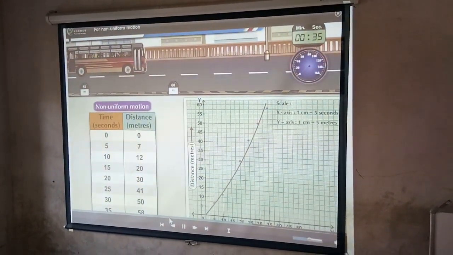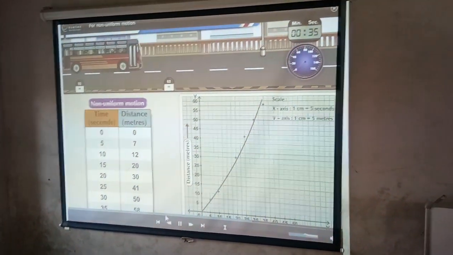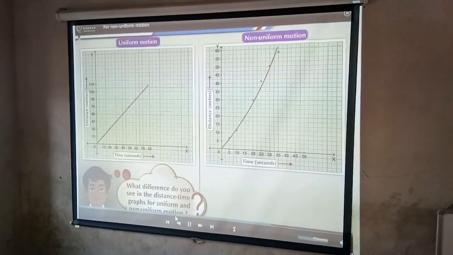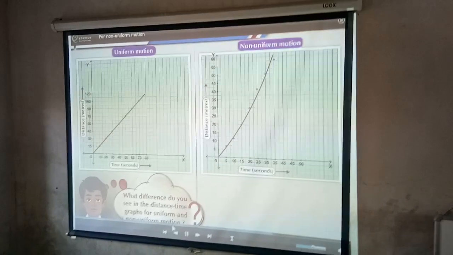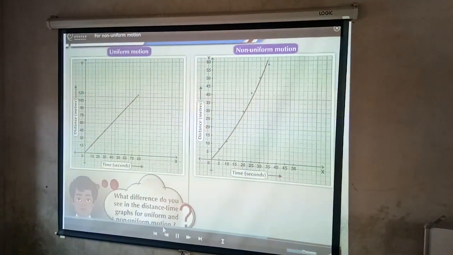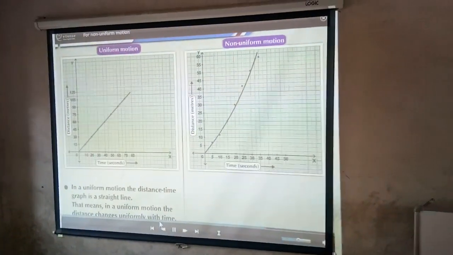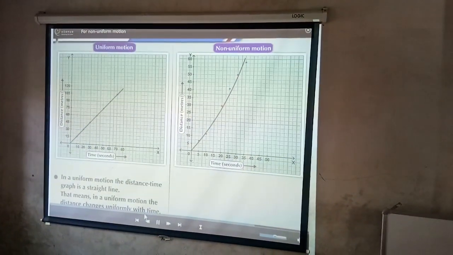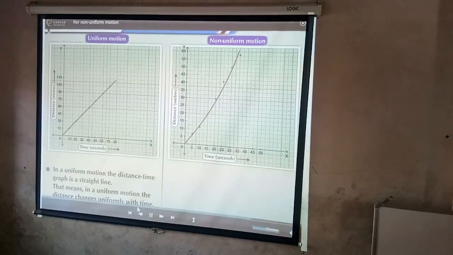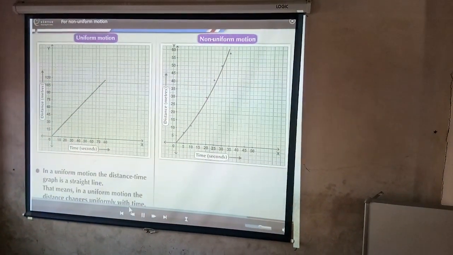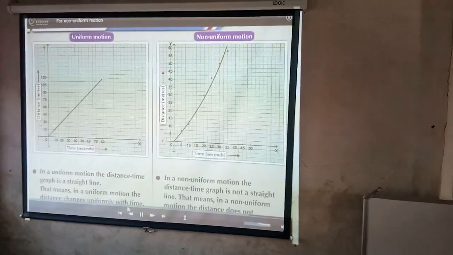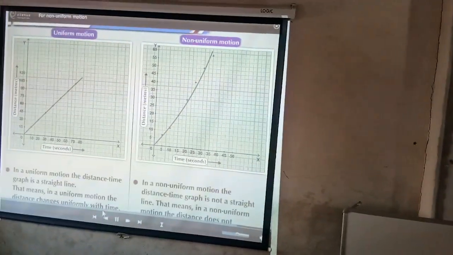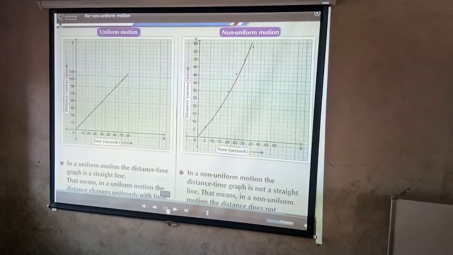After studying the distance-time graph, let us answer one question. What difference do you see in distance-time graphs for uniform motion and non-uniform motion? For uniform motion, the distance-time graph is a straight line. That is, in uniform motion, the distance changes uniformly with time, while for non-uniform motion, the distance-time graph is not a straight line. That is, in non-uniform motion,